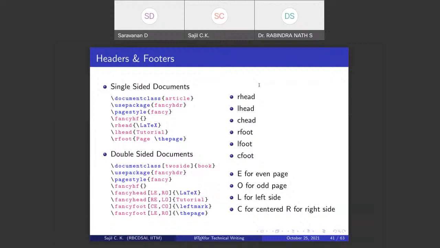Okay, so we will continue from where we left off last time. We have seen how to add footnotes to the document. Now we will see how to add headers and footers.